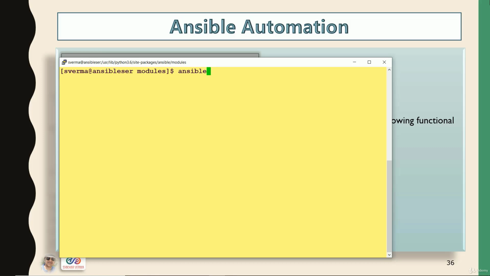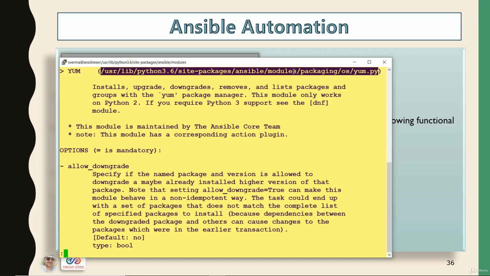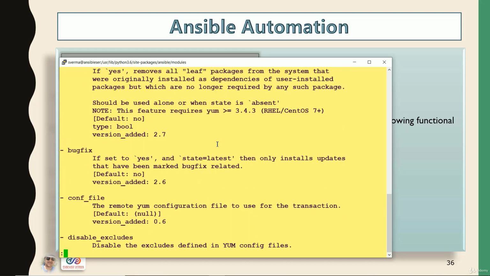Suppose I want to know the detail about the yum module, so you have to use the command ansible-doc and any module name. Suppose I want to know about yum. So here you can see this is the location where we have this module, and this module is maintained by the Ansible core team. So this is the core module, and all the options are coming here,